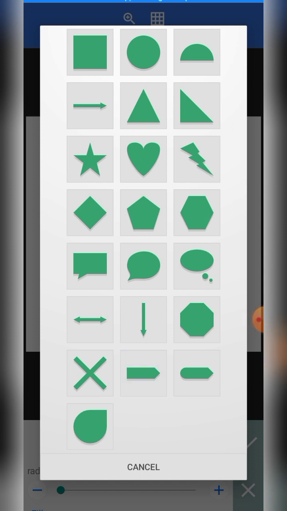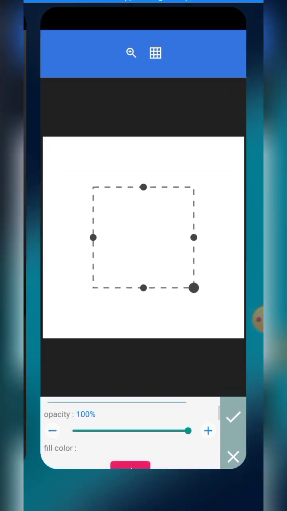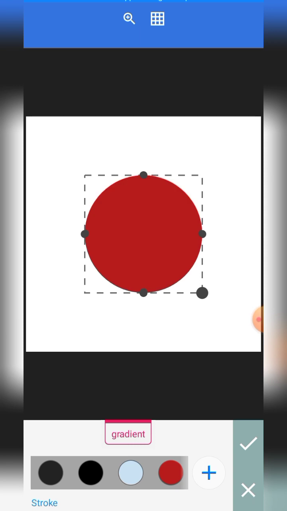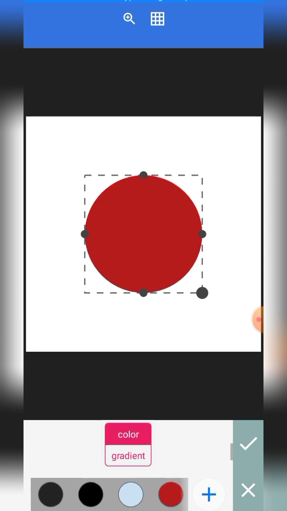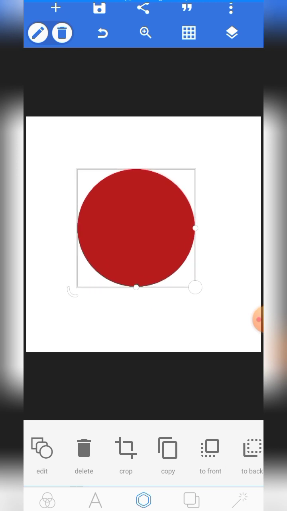I can change from that to zero. You might not see it clearly. Let me give the zero a color so that you can be able to see it. You see that? That's awesome. So now you notice that whenever you make any object, that's when you'll be able to